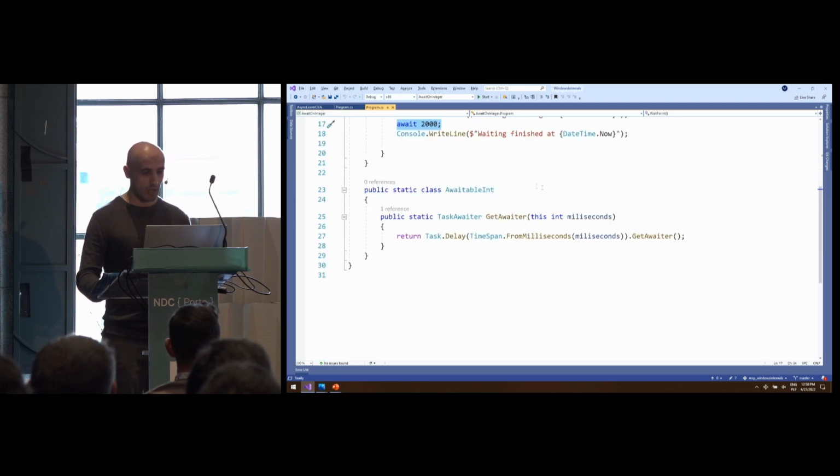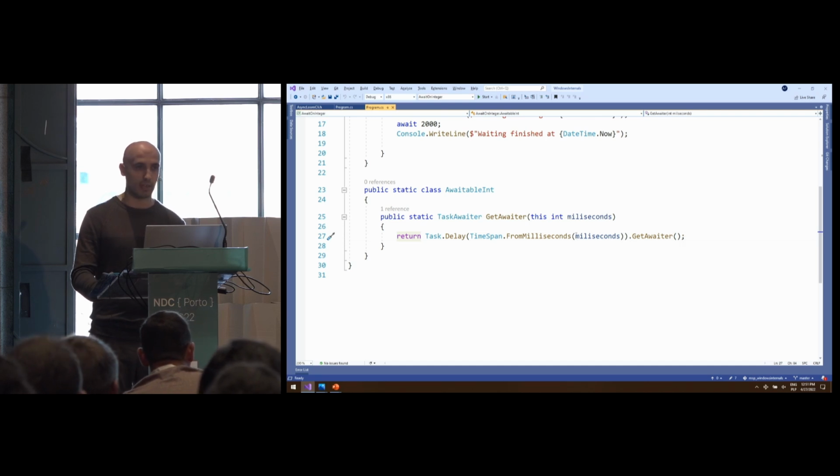How's that possible? The only thing you need to do is provide an extension method and extend the integer type to return the awaitable type. So it does have the method called GetAwaiter, which returns you any awaitable type, and under the hood we are just doing Task.Delay and returning the same thing which Task.Delay would return.